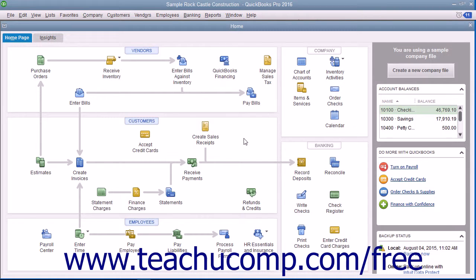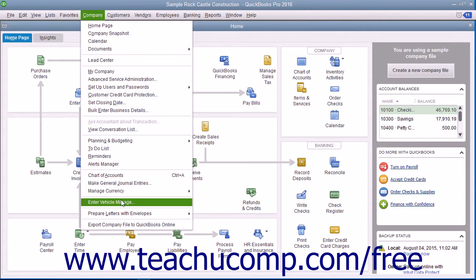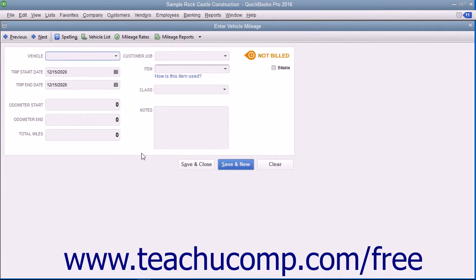Generally, you can use either the standard mileage rate or the actual expenses for calculating vehicle mileage expenses. You should consult with your tax advisor or the IRS to determine which method to use, if any. To enter vehicle mileage, select Company, then enter Vehicle Mileage from the menu bar to launch the Enter Vehicle Mileage